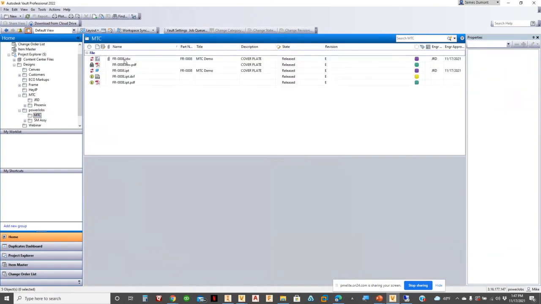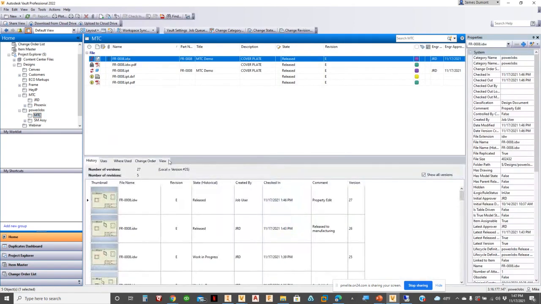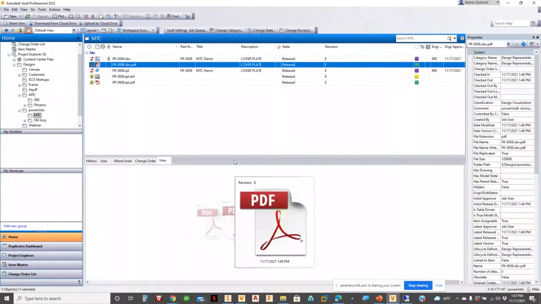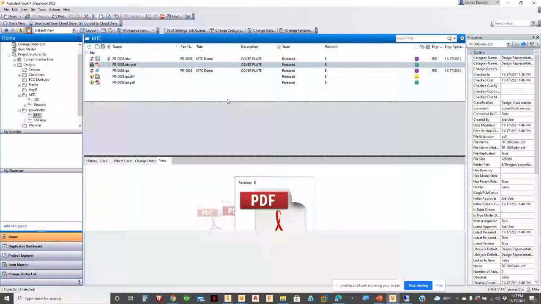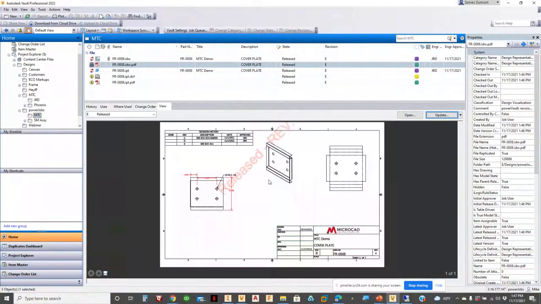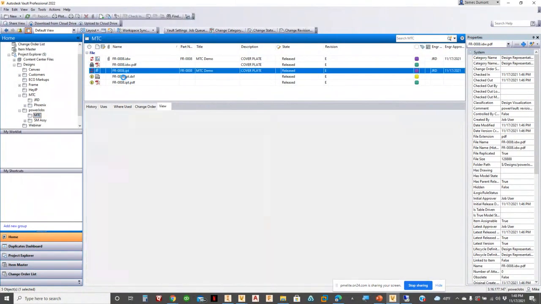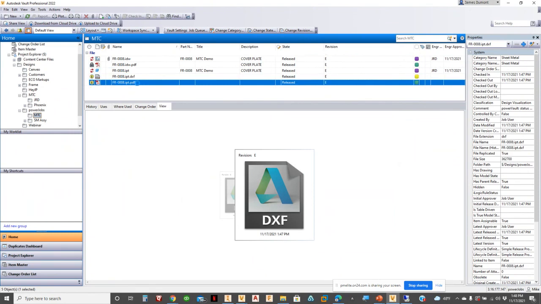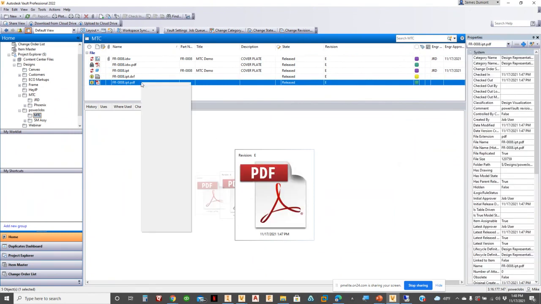And so right now you can see the IDW file, and look at my view. I have to actually shut the view off. Here's my PDF file. It's got the watermark built into it. Here's the IPT file, but also here's the IPT DXF file that got created. It gets added to Vault. It has a life cycle, it's released, and it matches the revision of the file. Here is the IPT. This is the 3D file. So if I do a get of this,